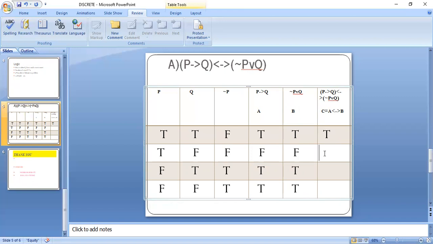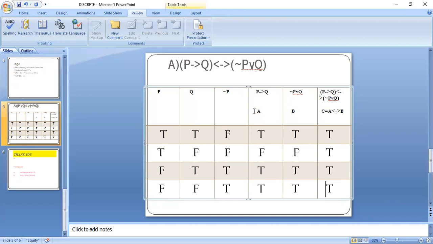False double implies false is always true. True implies true is always true. T double implies T is always true.